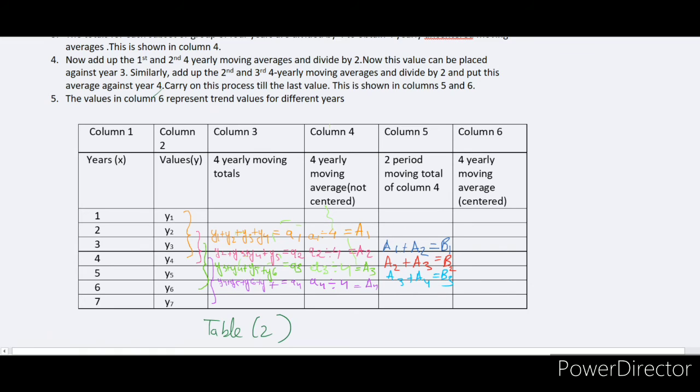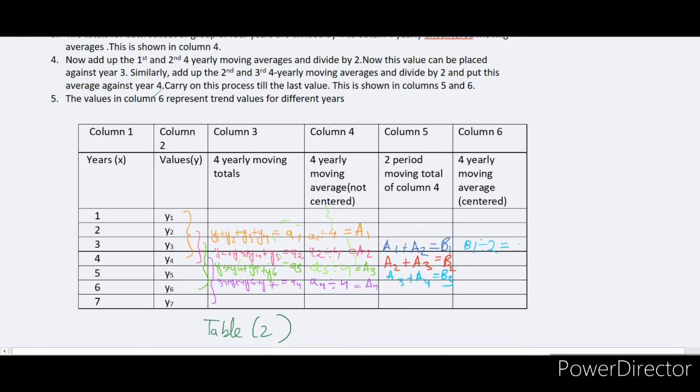So what we have done here is now we have centered. B1 corresponds to year 3, B2 corresponds to year 4, B3 corresponds to year 5. And the last step is to divide these values by 2,